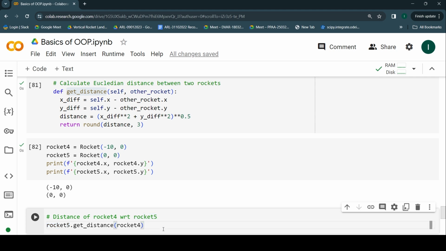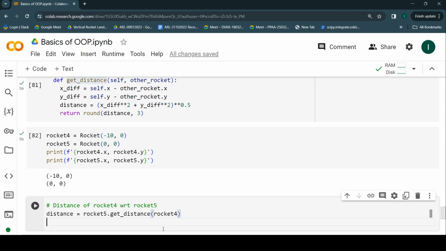So if I go ahead and just, let's say, store it somewhere, distance is equal to this, or maybe just let me write it as distance underscore 4, 5. So what is the distance between 4, 5 maybe? And then I'm going to print the value. I'll also again use my f string. That's going to say that the distance between